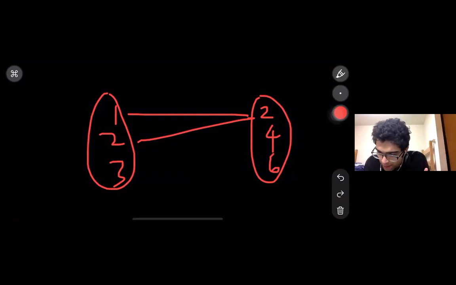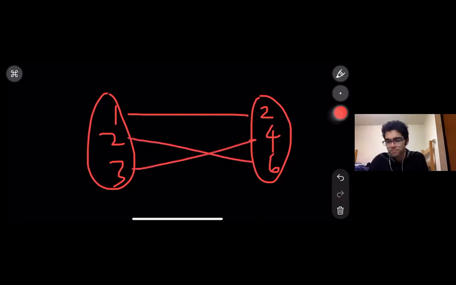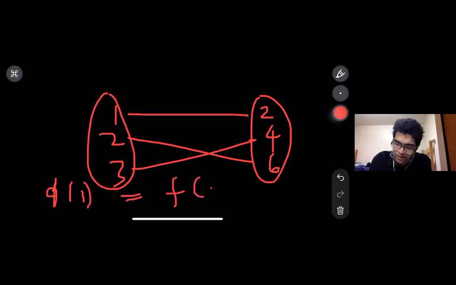But if this was a one-to-one mapping, I would have, let's say, like this. If I say that f of something is the same as f of something else, then those two things have to be the same. So if I say that f of 1 is equal to something else in this thing, then that number has to be 1, because f of 1 is not equal to anything else. Is this confusing? Are you clear now? So if I give you this function, we know it is one-to-one, and I say that f of something is equal to f of something else. Let's say f of 1 is equal to f of x, then x has to be 1, because x cannot be anything else. If x is 2, it won't work. If x is 3, it won't work.